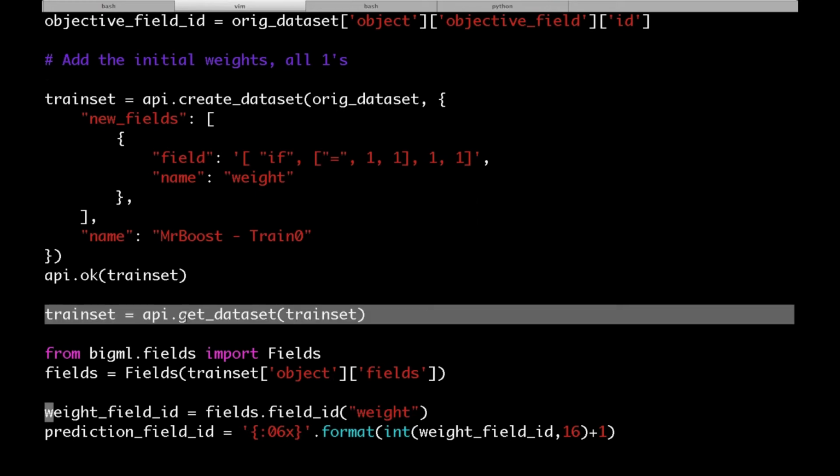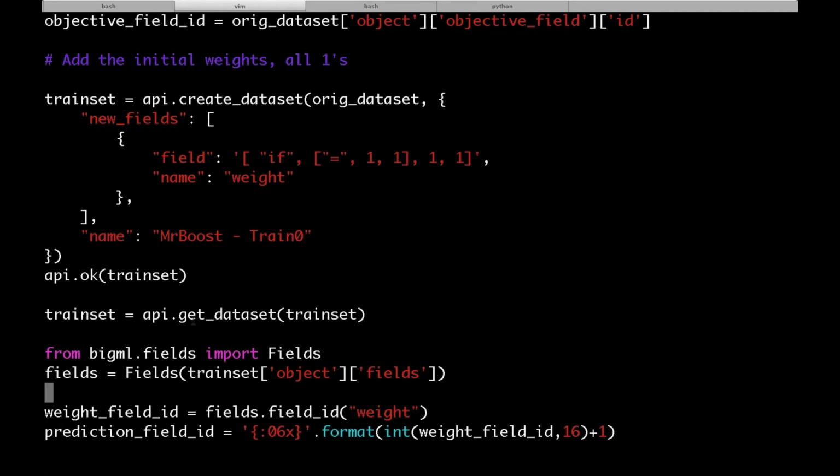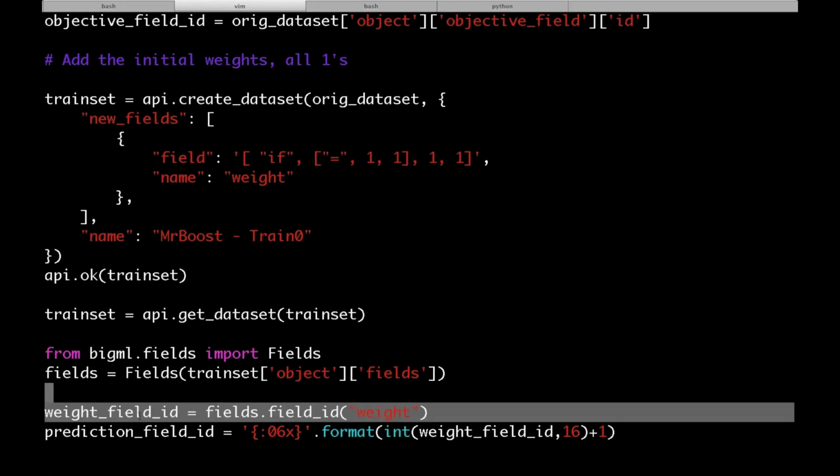And then to make sure we've got the current data set, we'll go ahead and fetch it. And now this next line here is sort of another little trick of the API. There is this fields method, or fields object, that you can import. And this is handy because it allows you to easily convert field IDs to field names and field names to